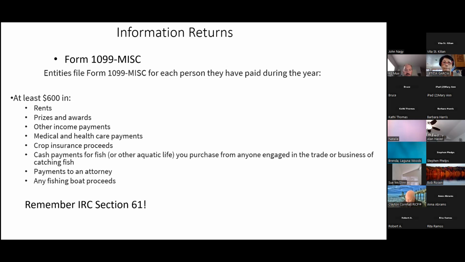We may have mentioned this before: when you receive prizes, i.e. a television or pots and pans, there are two ways to do it. You can report what's on the 1099-MISC, or you can report the fair market value. So for example, go back to the pots and pans. You've won $1,000 of pots and pans, cookware. Then you go online and determine all of those pots and pans can be purchased at another store for $700.